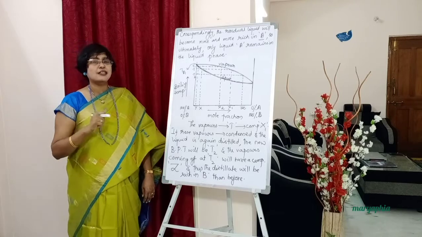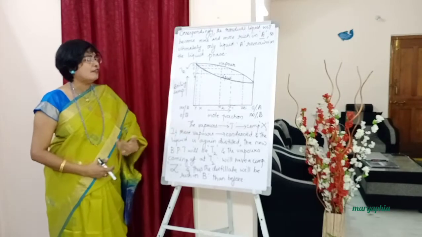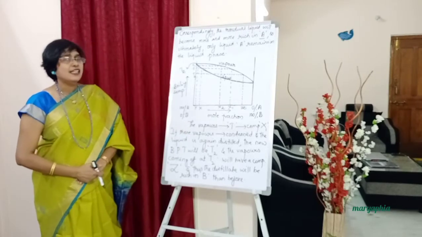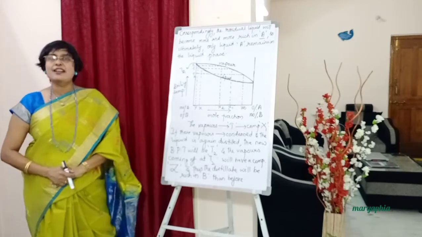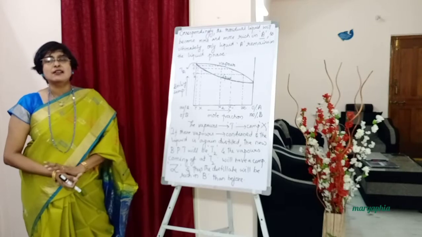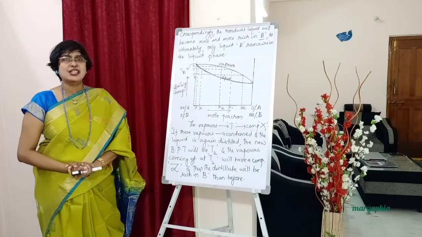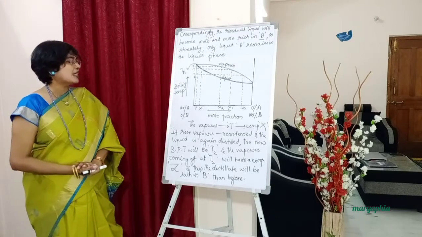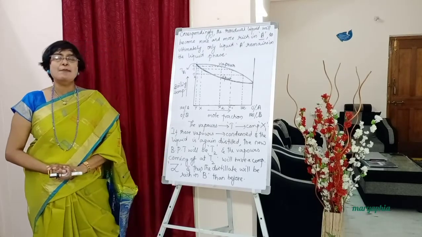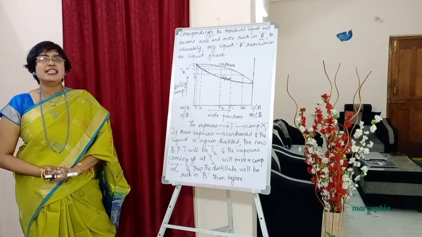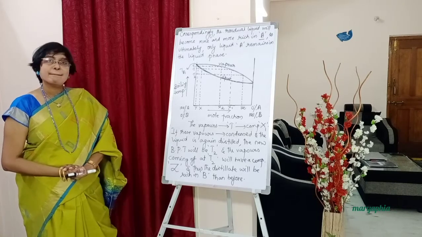Next paragraph, write down. So we have seen that the vapors coming off at the temperature T have a composition X1 which is rich in B. We know that the vapors coming off at the temperature capital T will have a composition X1 which is rich in B, capital B. Okay students?